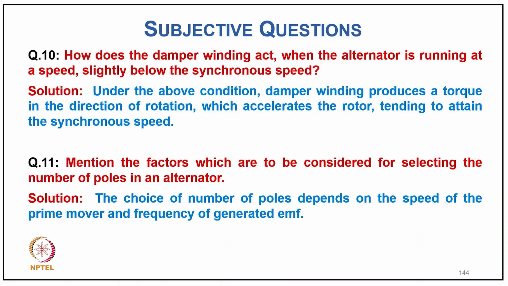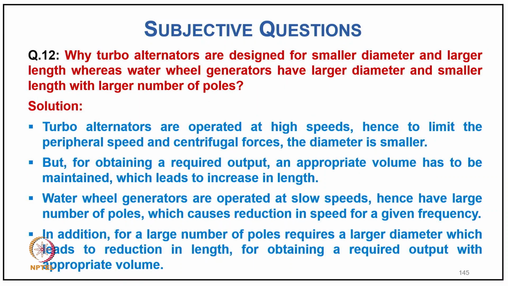The choice of number of poles depends on the speed of the prime mover and the frequency used. The turbo generators are designed for a smaller diameter and large length, whereas the water wheel generators have a large diameter and a small length. The turbo generator